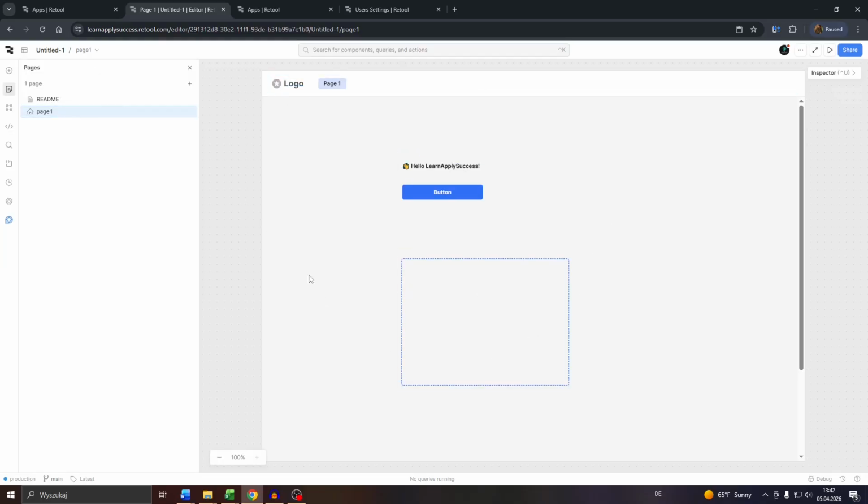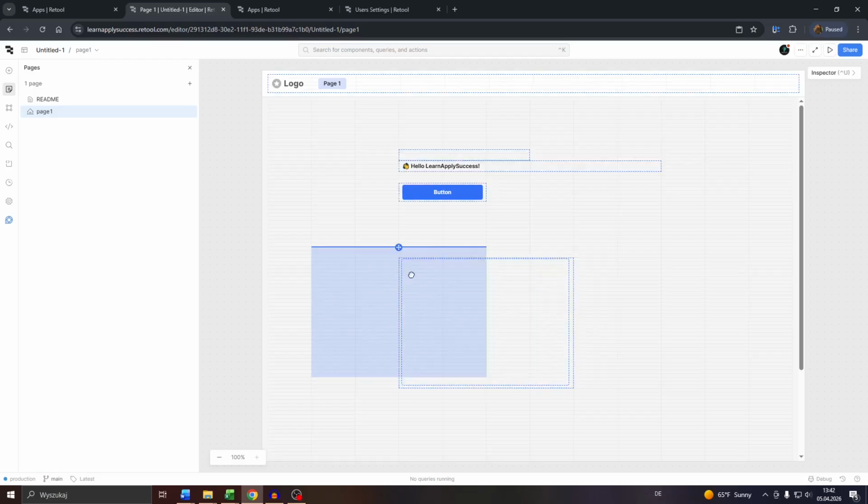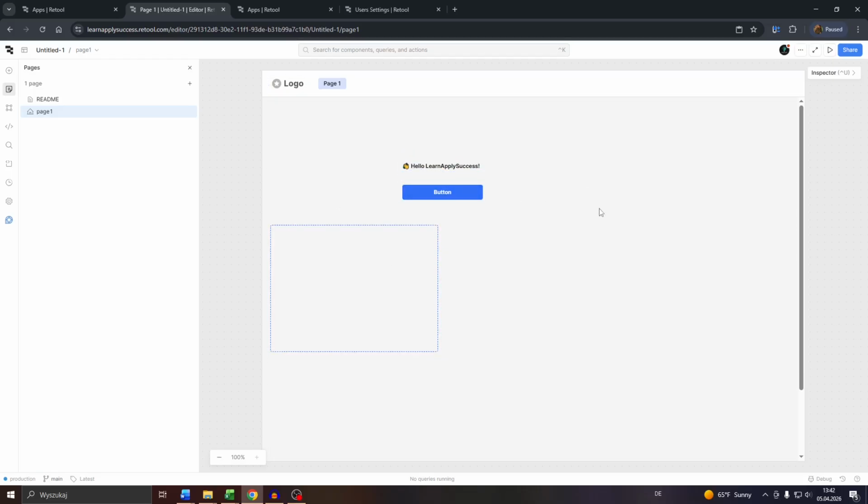So here you have your editing space of page number 1. In this case here, we got a header, then we got here space for images, components like text boxes and so on and so forth. So to access the JSON text editor, you will need to navigate to this plus button in the top left